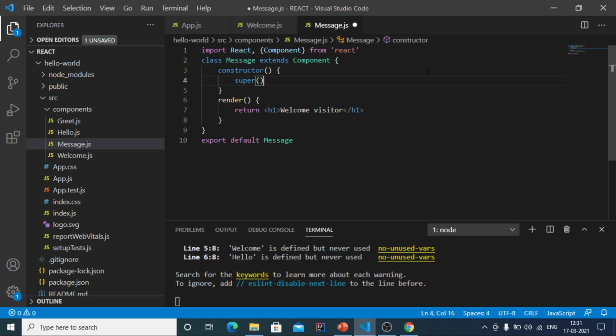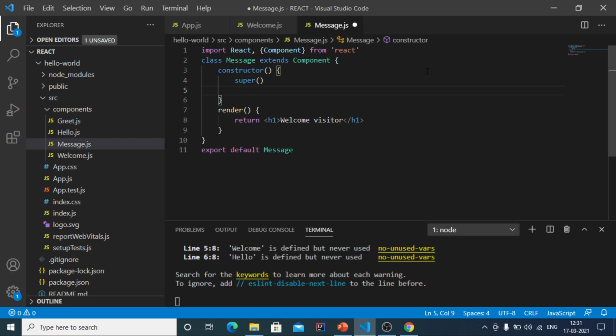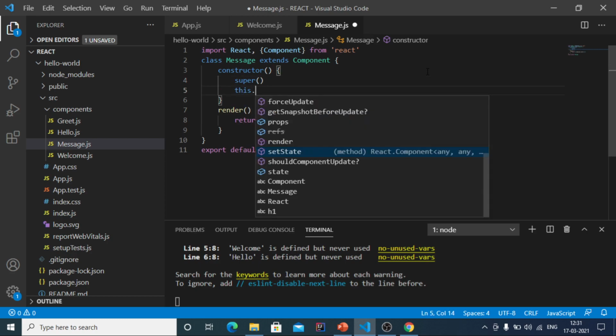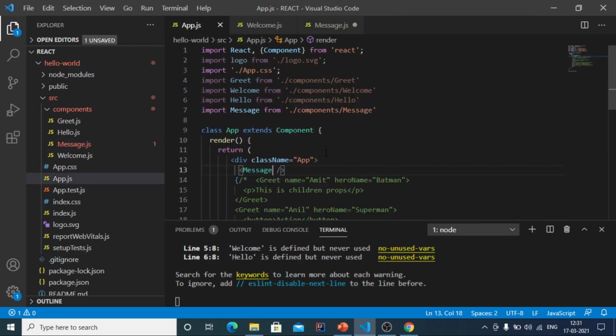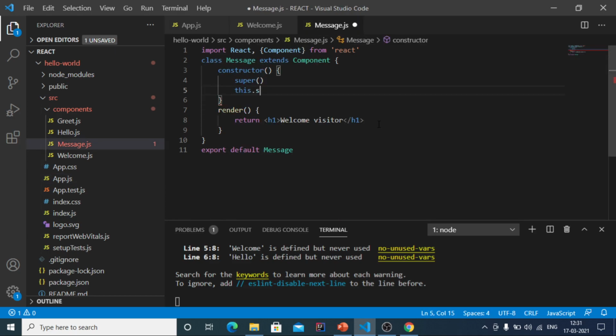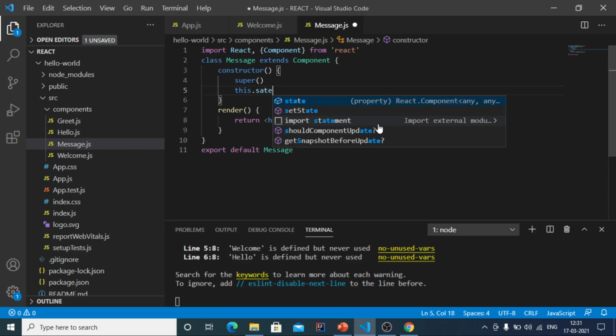That's why I have made use of the super keyword to call the base class constructor. Now if you are passing the information from the app component to the message component, the text welcome visitor cannot be changed by making use of props, because props are immutable. That's why I have to create a state and initialize that state.